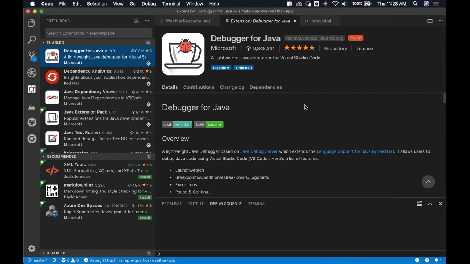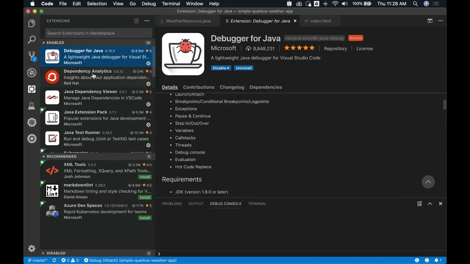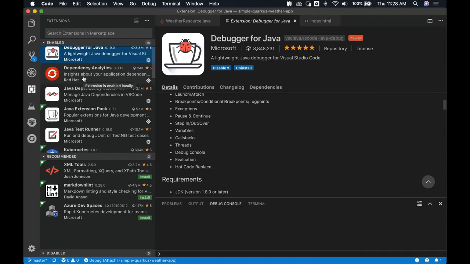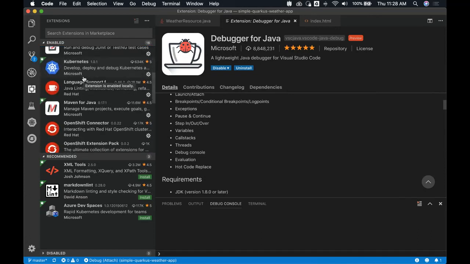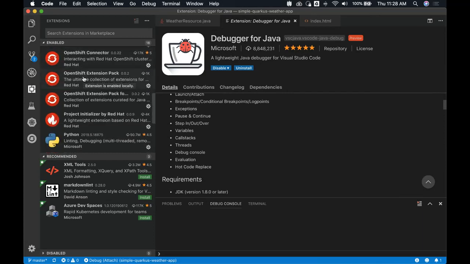I do not know about OSGi support. My suspicion is no, only because the world has moved on from OSGi a few years ago. I know that OSGi is a first-class citizen in Eclipse IDE, but I don't think all that magic was brought into VS Code.